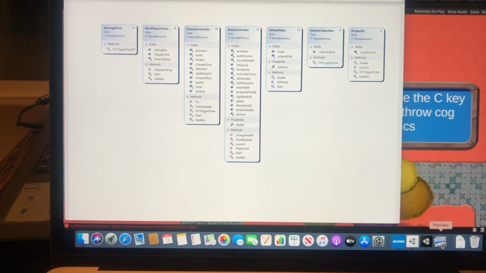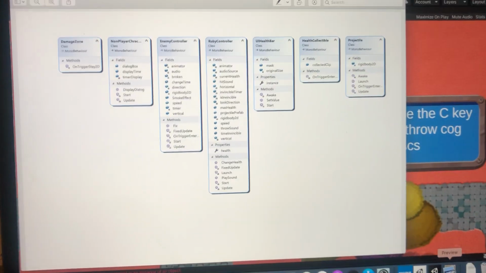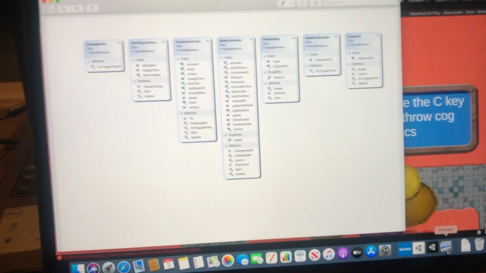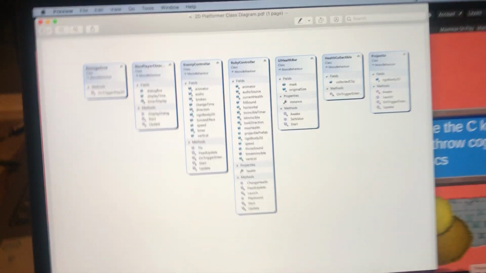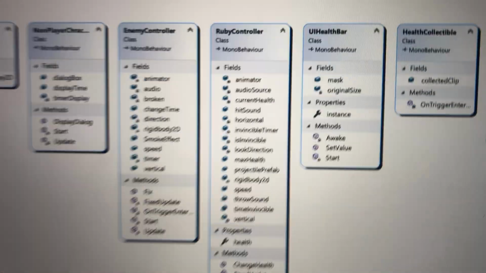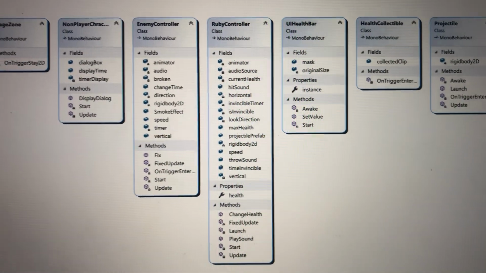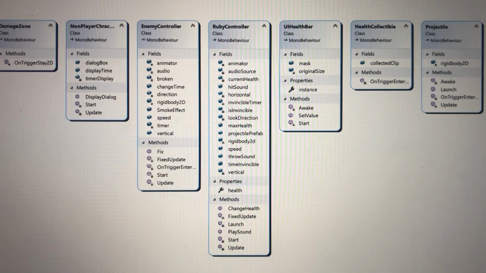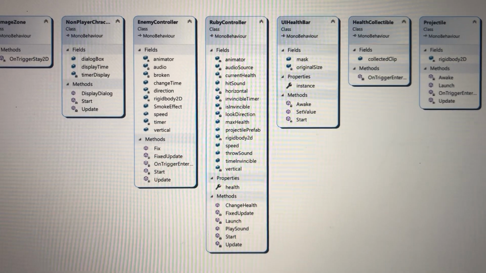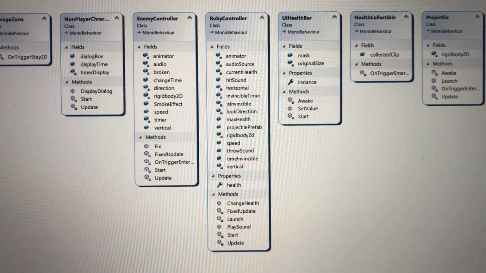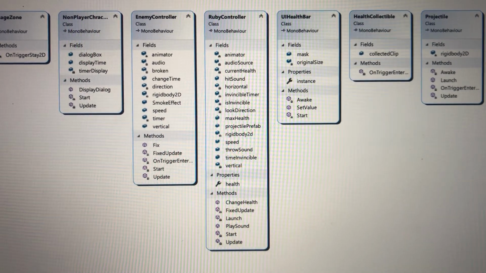I was not able to pull up the code on this computer because Visual Studio is not downloaded. However, I did get the class diagram instead, and we'll take it step by step. We'll start with the Ruby controller class. As you can see, the Ruby controller has plenty of fields, and the methods are what use the